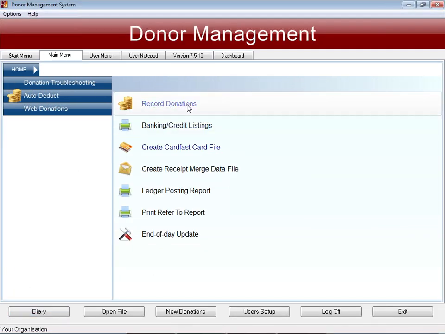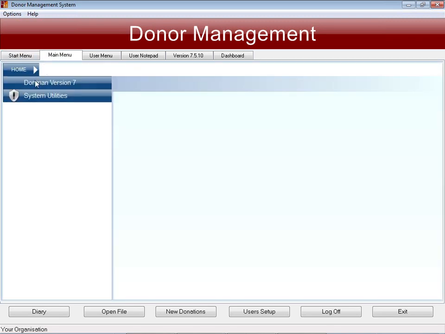And going to record donations. So what basically the web donation import has done for me is circumvent this step here. So I don't need to create the donors and I don't need to do the manual entry of the transactions, but depending on whether they've gone through the gateway or whether they still need to be banked, I would then follow the normal sequence of events to finish off my donation processing for those. Okay. So normally,